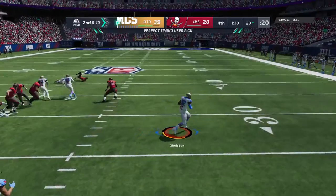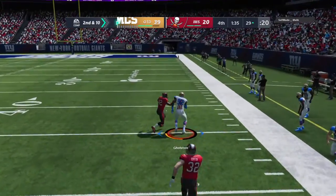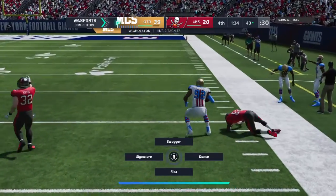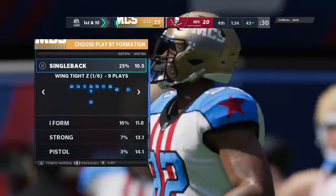And now here is another interception. Picked off around the 27. And he'll take this across midfield and inside the 45. Both defenses...